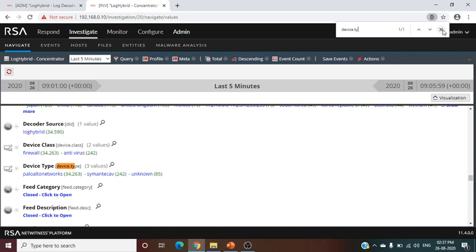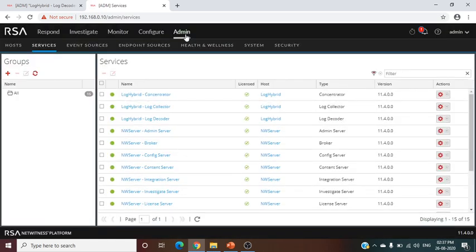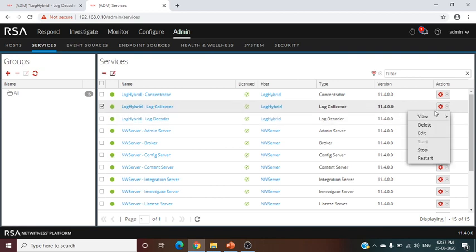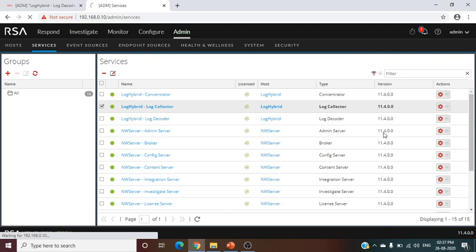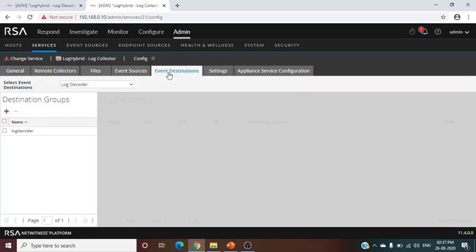So in this video we have configured the basic configuration of RSA NetWitness after a brand new installation. We have connected our log collector to the log decoder. Here this is the local log collector, the service running on the log decoder, so we do not need to integrate anything or connect the local log collector to the decoder; it is already connected.